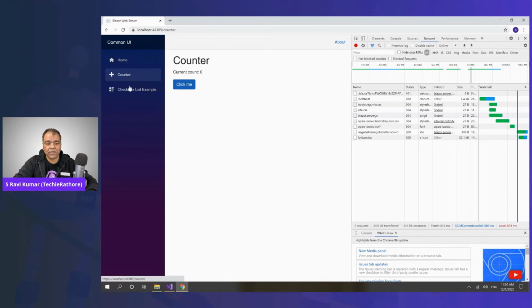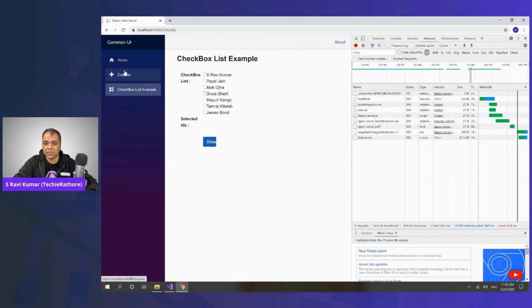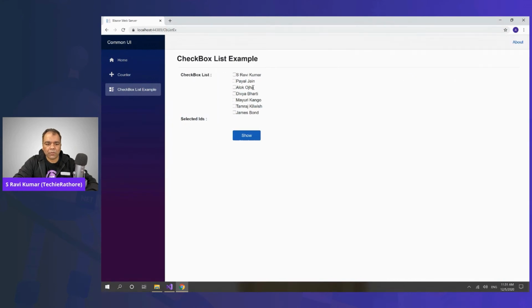You can see here the counter is there, the checkbox list is there. So all these are basically a server application. And you can run it like this also. So this is our server application running. Now this same code you can see, that's why I have given this title as common UI. So let me